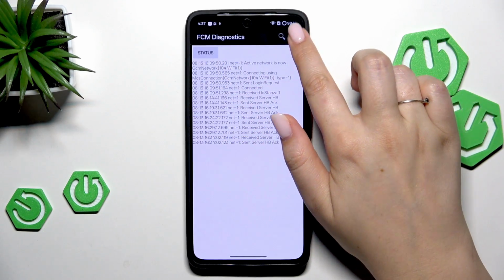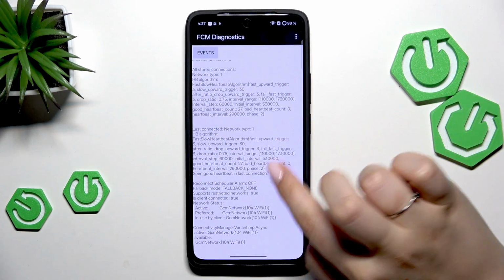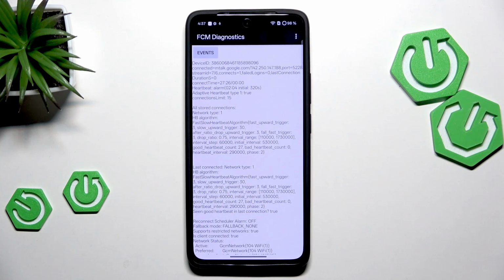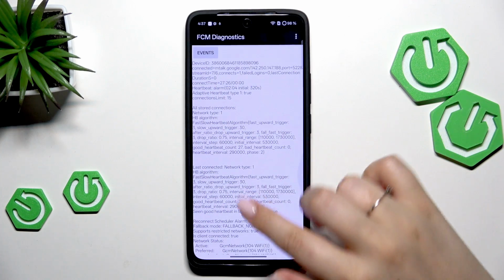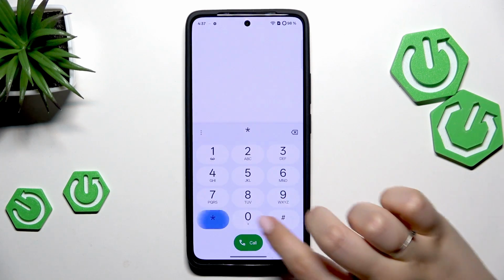After tapping on the three dots icon, we can show advanced view, and tap on the status again, and here we've got much more information, so for example the heartbeat, last ping, or HB algorithm. Let's go back, and another code which is